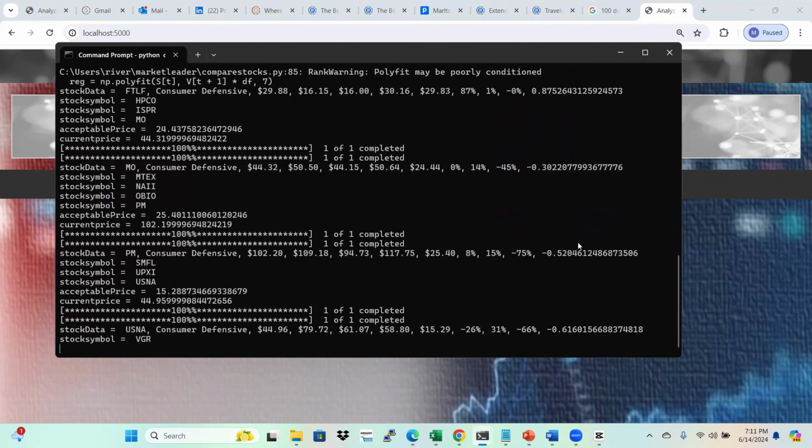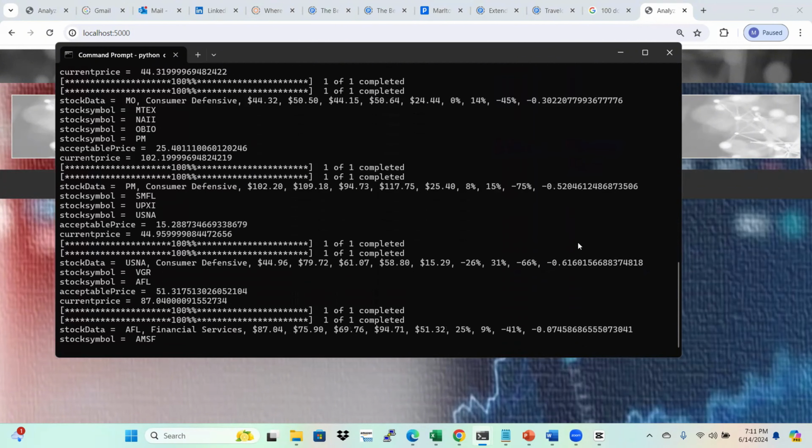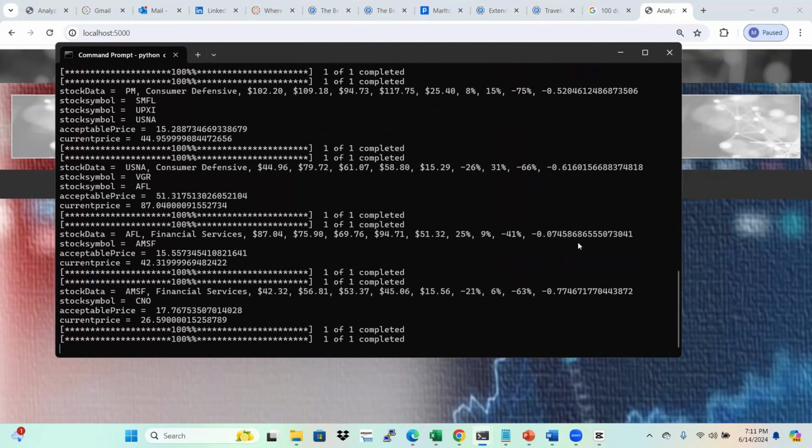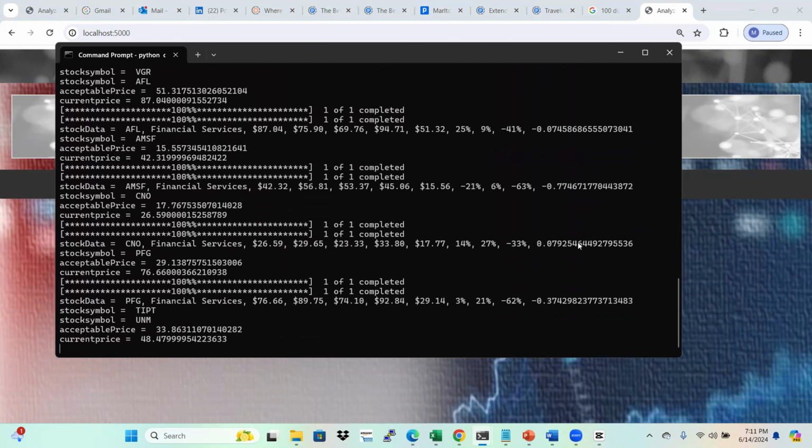So I'll fire off the software. I can filter by sector or I can select all. I'm going to go ahead and select all, and then I'll pull up the console and show you the progress of that software as it's running. It takes about 30 minutes to run through the entire CSV file and the Monte Carlo simulations for each of the